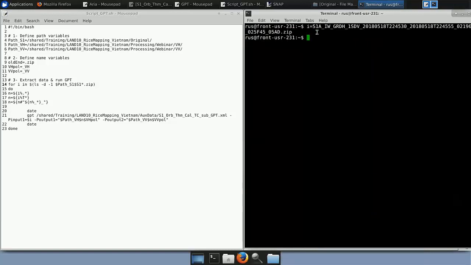So I am saying the variable I is equal to this specific name of a Sentinel-1 image, and then here I'm creating a variable that is called n. The first thing I'm saying is take the variable I and remove everything that is after the dot. So basically, if I echo my variable, which is like printing the variable, I can see that now the computer is telling me, okay, I have removed the .zip from the name